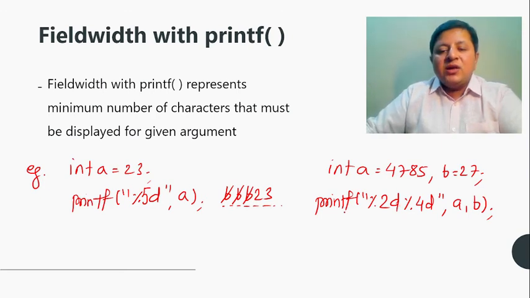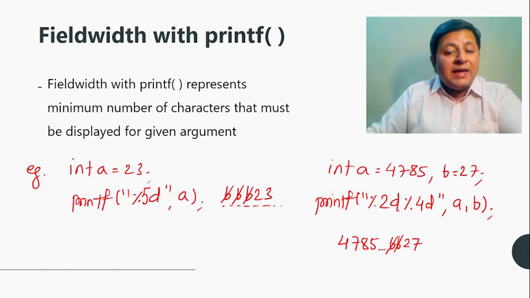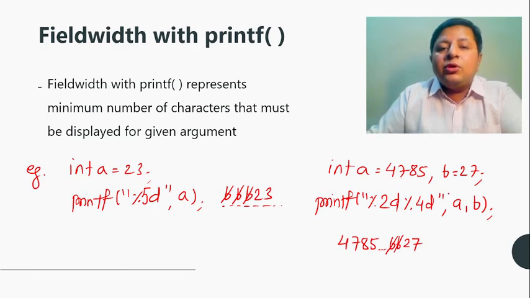Okay, I hope you have done that. So for the first one, the output is going to be 4785, and there is a space already being put here, so there will be one space here which is a part of the output. And for the second one, %4d, we only have 2 characters, so we'll have 2 blank spaces extra, and it will print 27. Now some of you might have thought that it will only print 47, and that's not correct, because this gives you the minimum number of characters required. So I actually put effort to discard that confusion, that if I have more number of characters, it has no problem to display.